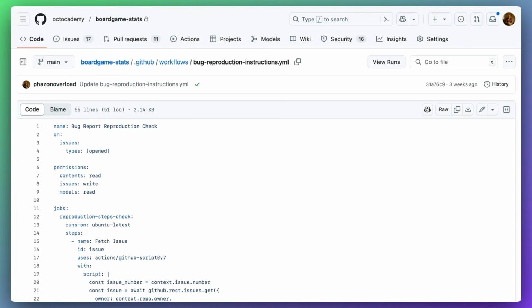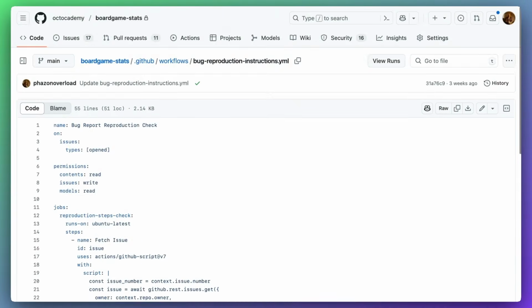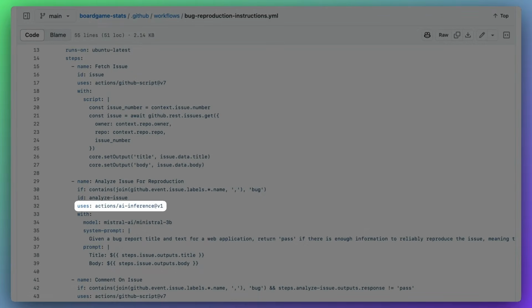This is a workflow that will be triggered whenever a new issue is opened to ensure there is enough information to reproduce the reported bug. You'll notice that we provide permissions to access models, which now gives this workflow the ability to call over 40 leading AI models. We fetch the issue that triggered this workflow and then use the AI inference action to call